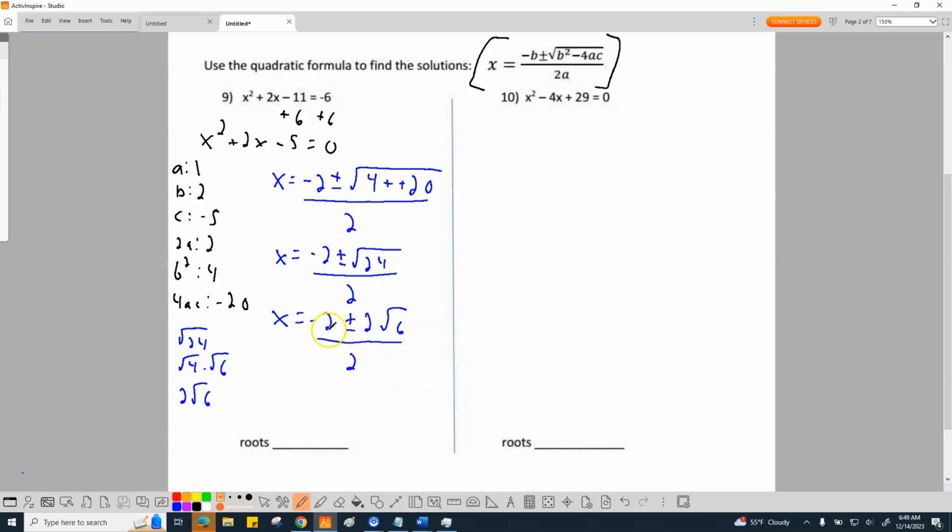And now, looking at these numbers, I'm going to underline in red which numbers I'm talking about. This number, and this number. Can we find a GCF? And the answer is yes, we can. The GCF between those numbers clearly is 2. So the GCF is 2. So what I can do now is divide that out. So here we go. I'm going to go ahead and solve that. And you get x equals